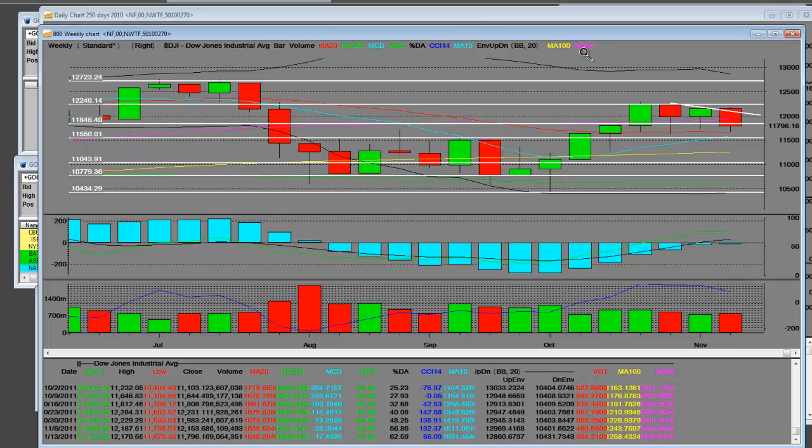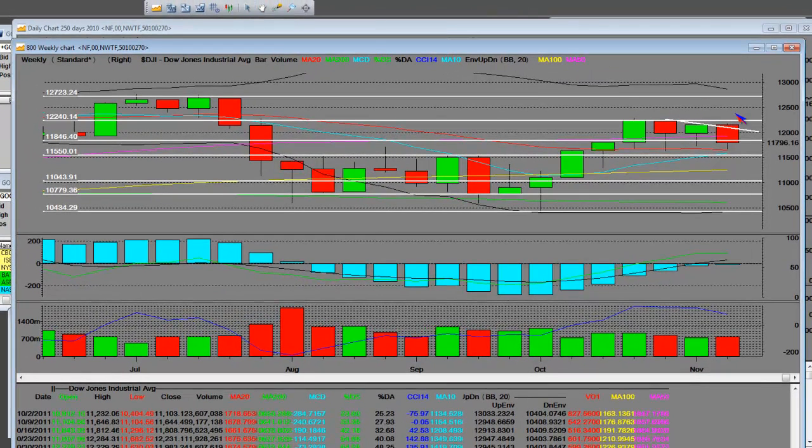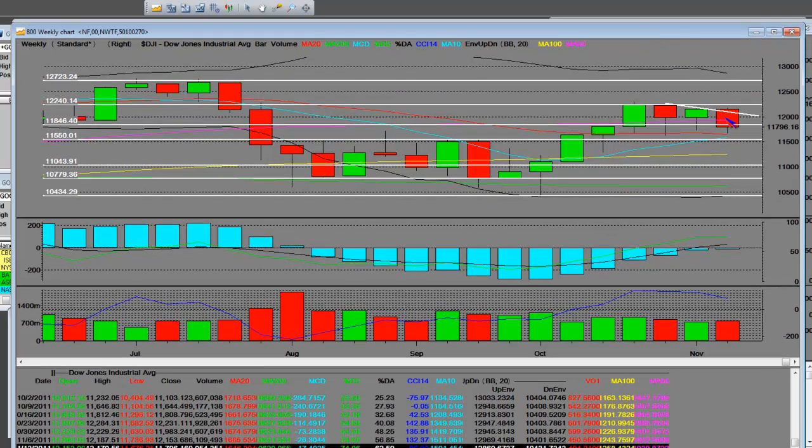That 50-week moving average, this one here, it has been violated. That's this 50-week. That's the pink one. Yes, you sold down to the 20-week. I will give out the weekly moving averages, as I feel it's very important for the MMTs to understand where that 50-week moving average is going to be, as 11,930 as of today's date,